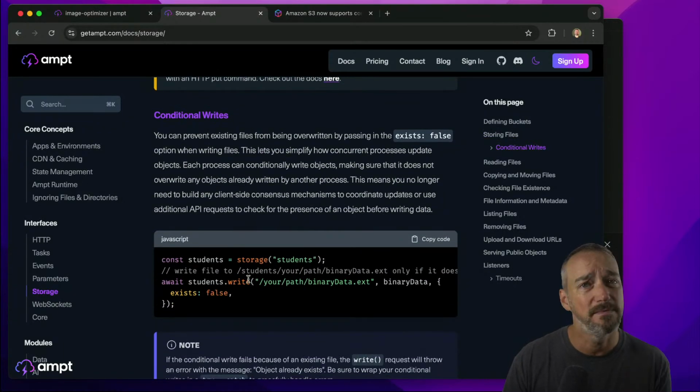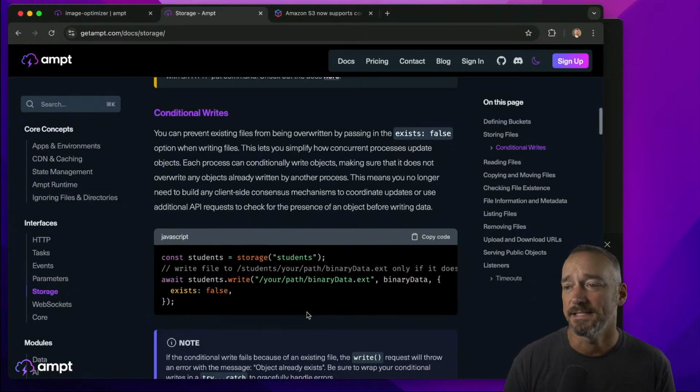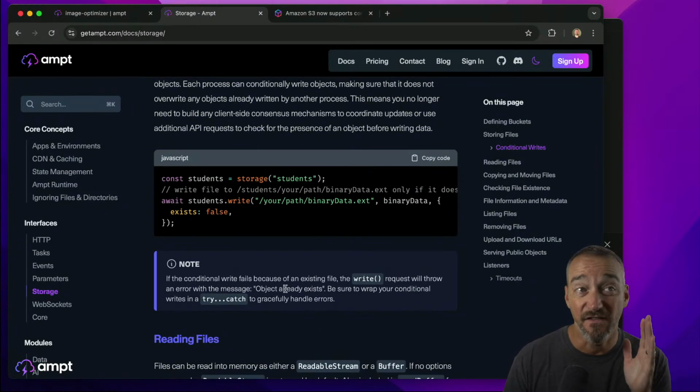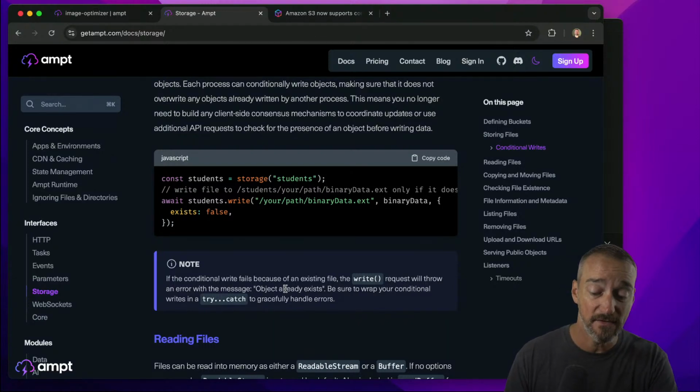The conditional write, same idea. Whatever your path is to that file, if you put exists false as part of the options there, it will fail if that file is already written. It does actually fail. So it would give you a